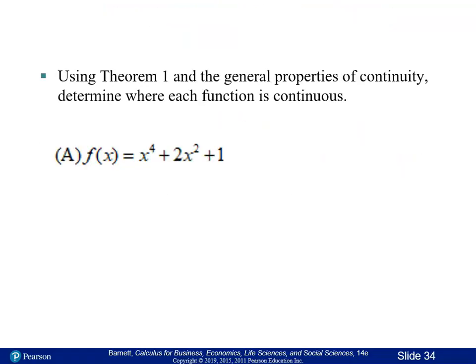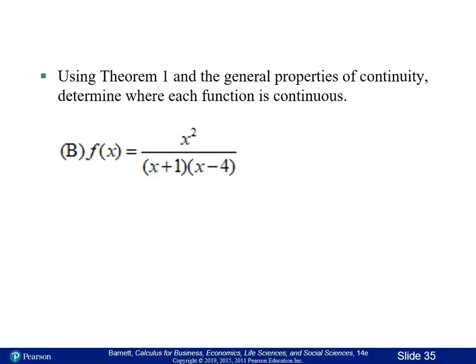Okay, there's a few for you to practice. This one, because it's a polynomial again, would be continuous for all x. This one is a rational function, so it's continuous except where the denominator is equal to 0. So that's going to be -1 and 4. So it's continuous except